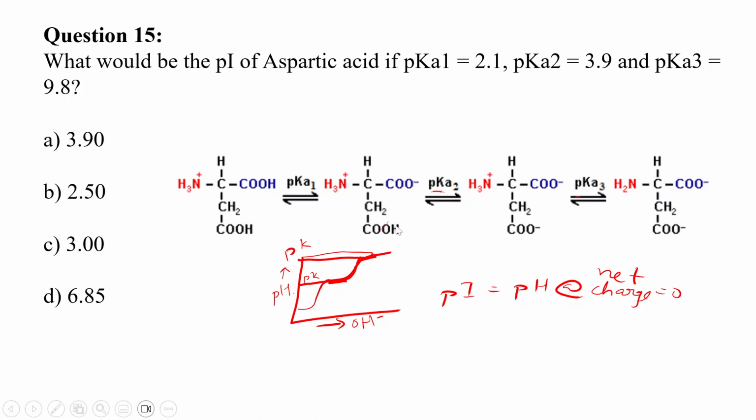Now this proton is not there. Now again, if I keep on adding base, it will start losing another proton from the side chain till we cross this pK value. Once this pK value is crossed, no more protons are left for this group to give, and there will be again a sudden increase in the